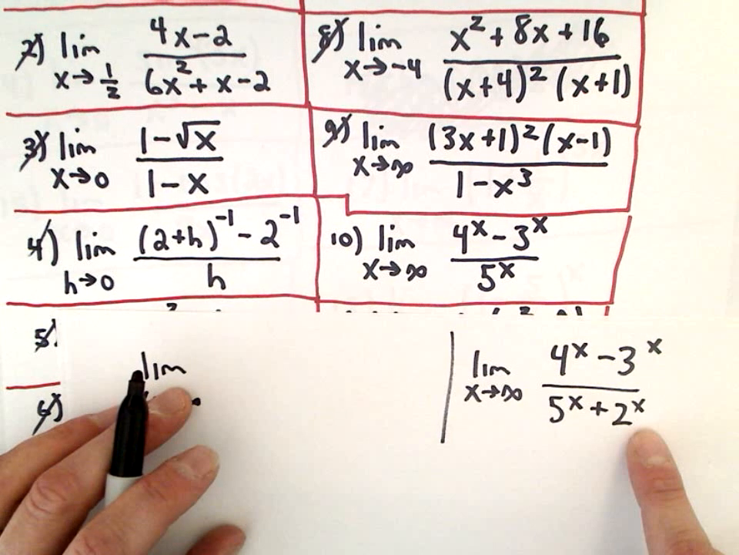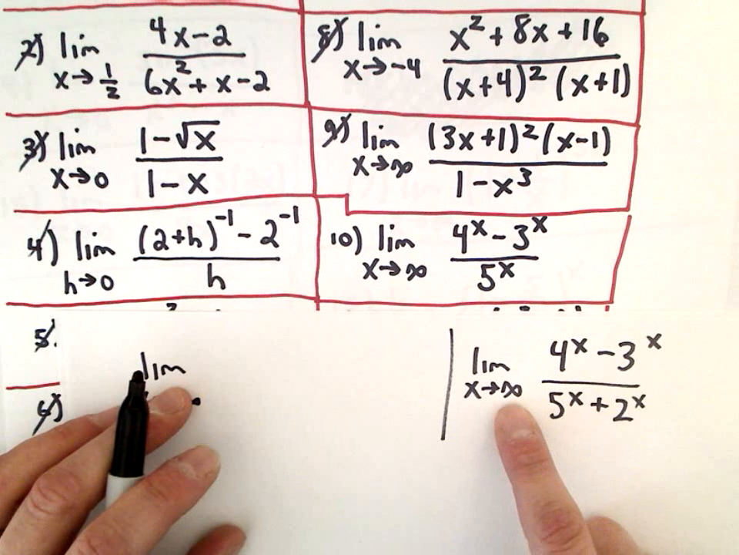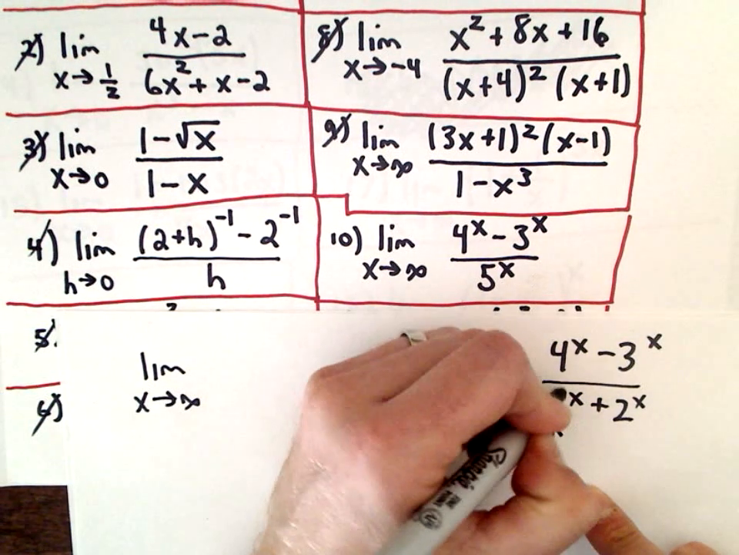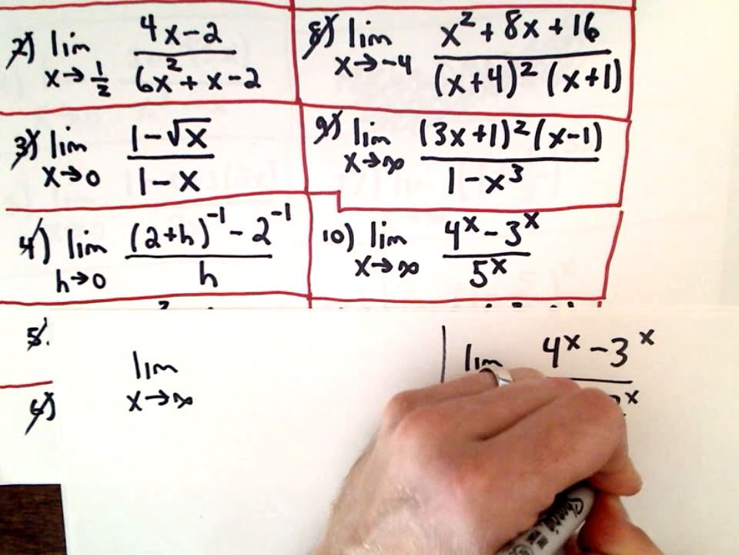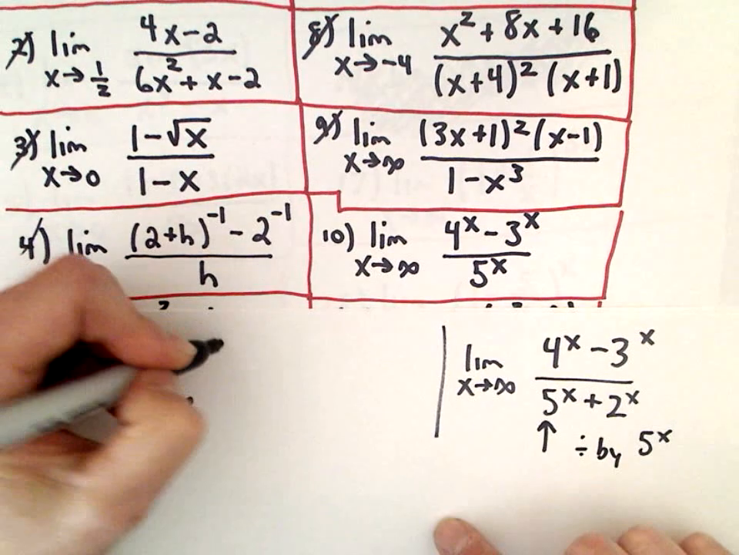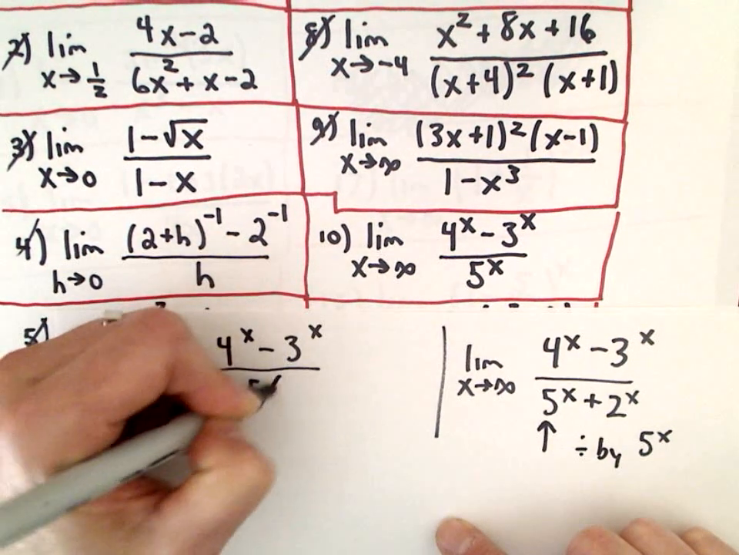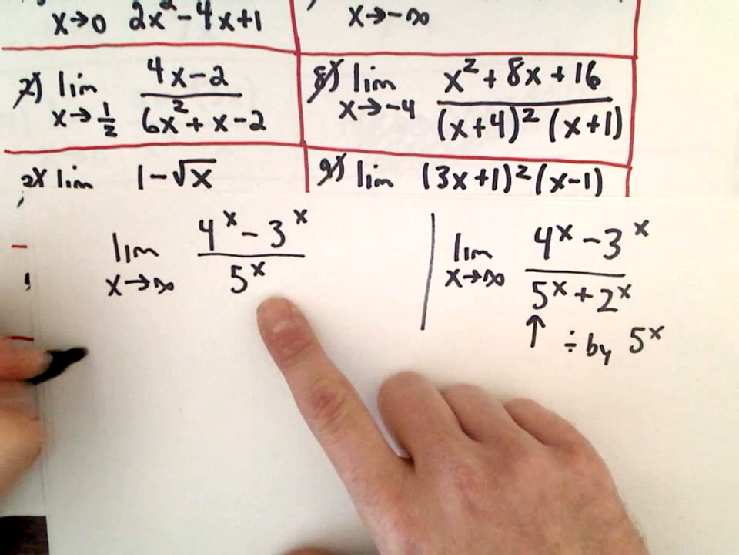Each one of these terms, 4x, 3x, 5x, 2x, those are all going to get big as x goes to infinity. But 5x is going to be the dominant one. So in this problem, if I had to justify, I would divide everything by 5x. This one's a little bit, I don't know if you'd say easier. Just the observation you can make here on this problem is,